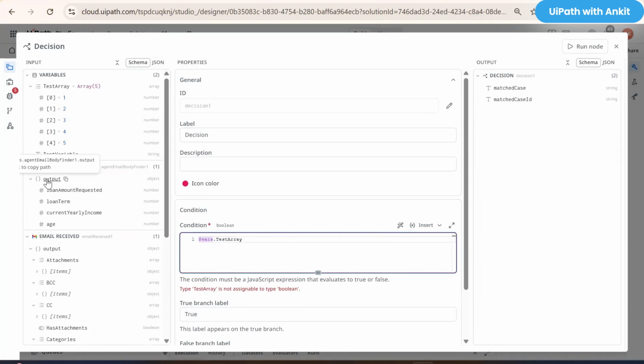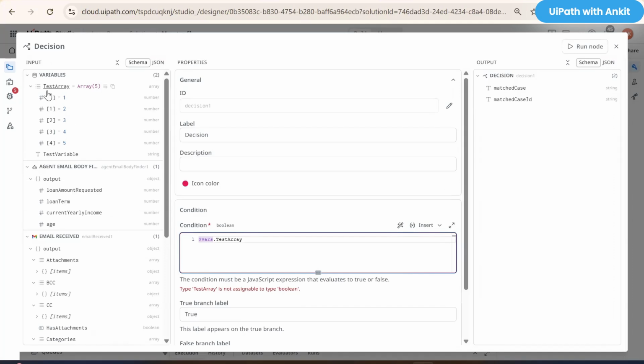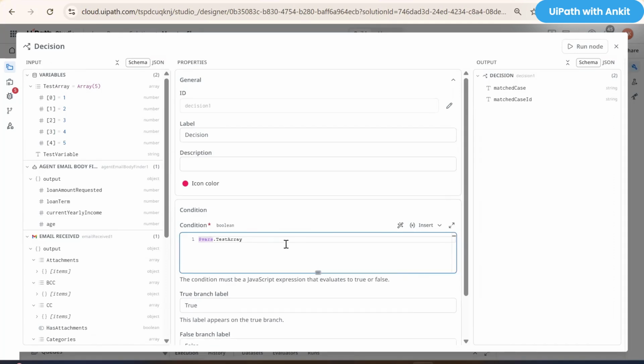Here you will see this is the output. Then I can use all of these properties, right? All of these values. But in the variable we do not have any output. This is a simple variable, so here we will not use any dot output. So simply we will use the prefix dot variable name. Here I will use dot